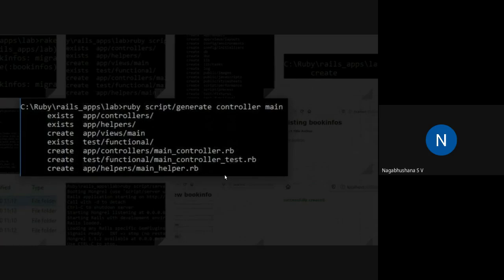Here I have given main. If you give xyz, it will be xyz_controller.rb, xyz_controller_test.rb, xyz_helper.rb. Whatever name you create here, a Ruby file will be created which acts like a controller for your application. Next.